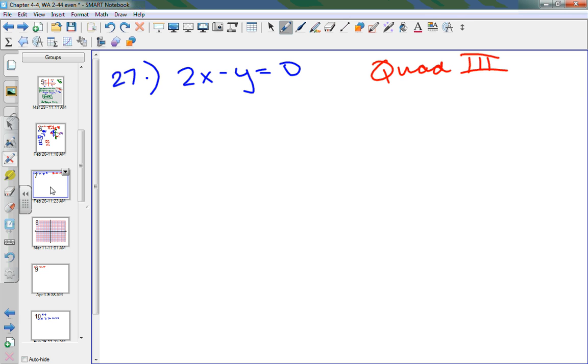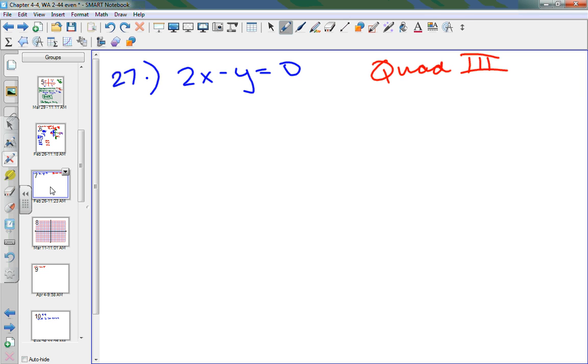Not necessarily. That just means that you're probably going to do it the same way that I'm going to teach you in class. Because how many of you like to use really big numbers? No one. So you're probably going to remain as close to the origin as you possibly can, right? That's logic there, okay? So we have 2x minus y is equal to 0, and I have to be in